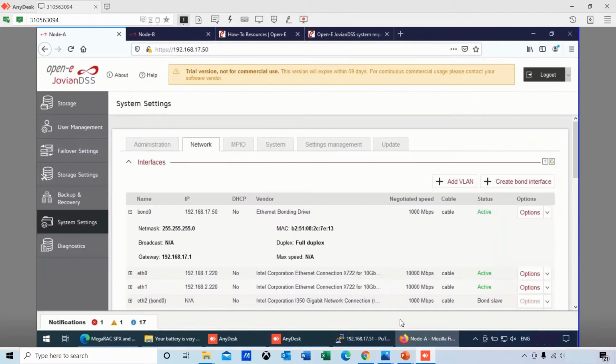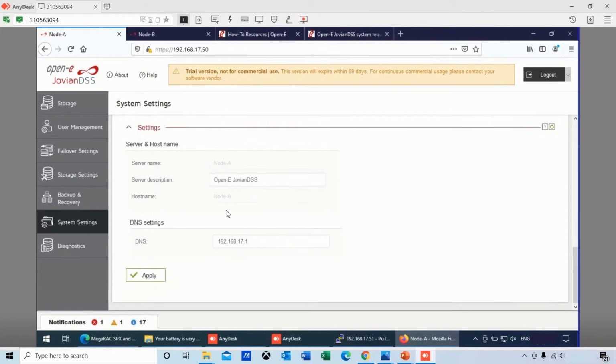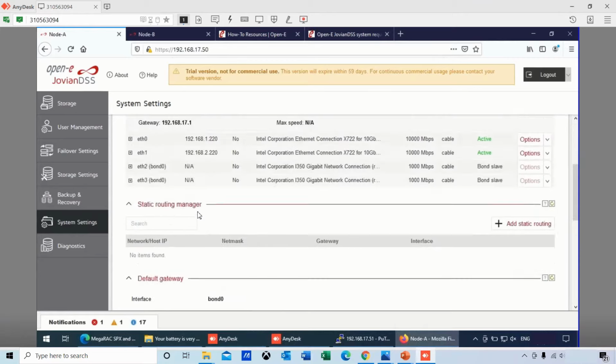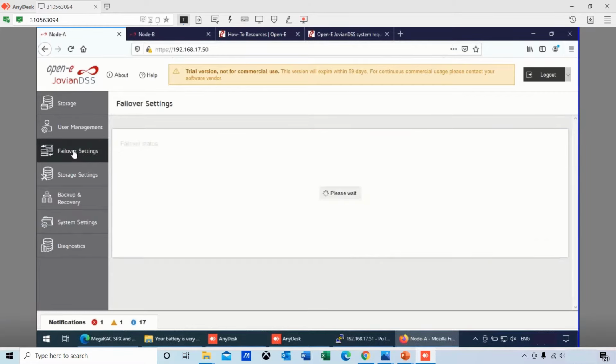And then, of course, you can go all the way down to setting dynamic or static IP addresses and set that up. Make sure that when you do that, please assign the nodes to be for the server name and the host name, node A and node B. As you see, I have it noted here. In so many networks and environments I see, they're just long letters and numbers mixing. I don't know what is where. So it's important to name them node A and node B so I know which system. Once you have that set up, then setting up the failover is really simple.